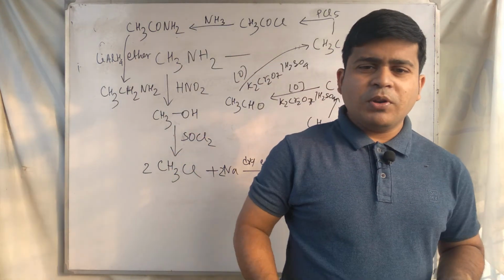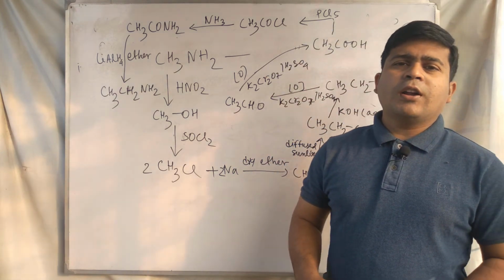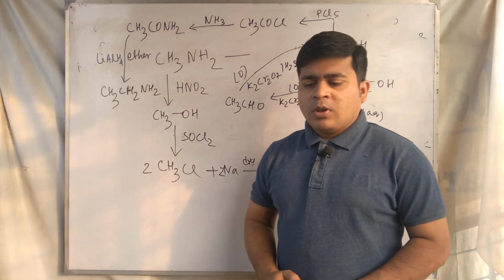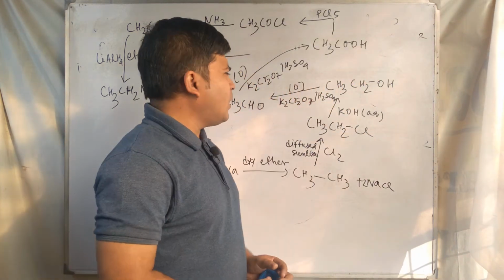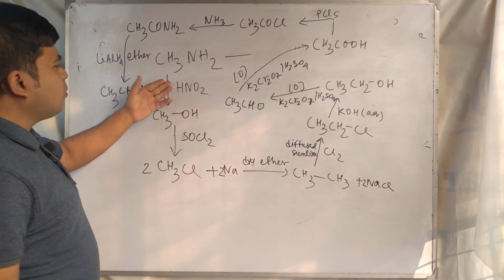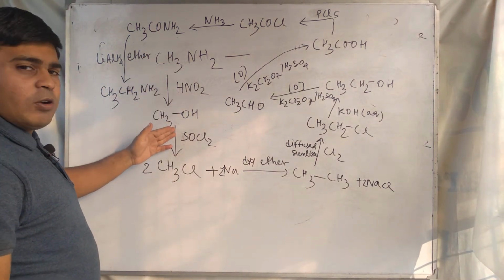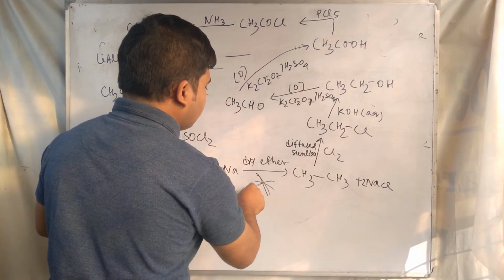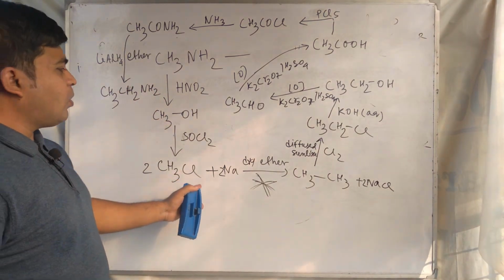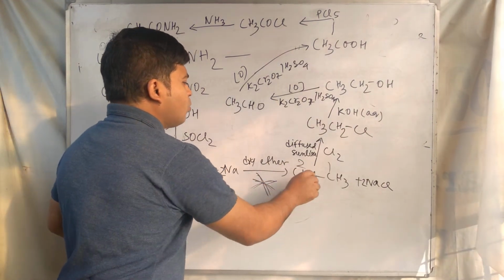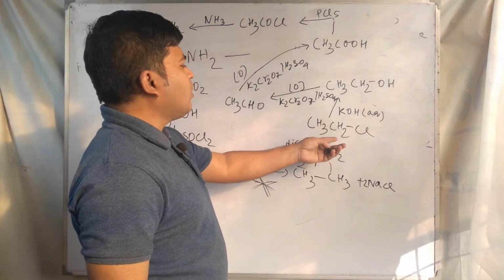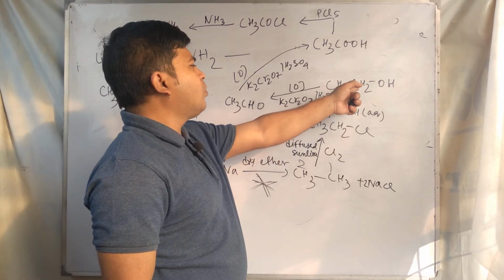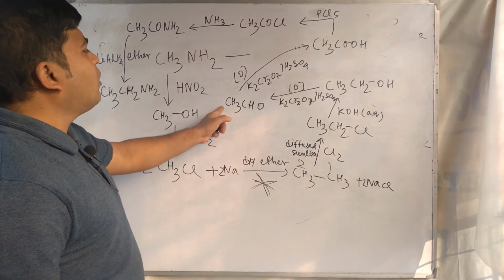So the best is the previous one, using the nitrile method of stepping up the organic compounds. Here it's a long process, you know. Here we start with HNO2 to methanol, methanol to methyl chloride, and this is the key step, the Wurtz reaction. This is the key step in which the number of carbon atoms increases from 1 to 2. After that, chlorination or halogenation of ethane forms ethyl chloride, aqueous KOH changes it to alcohol, then oxidation changes